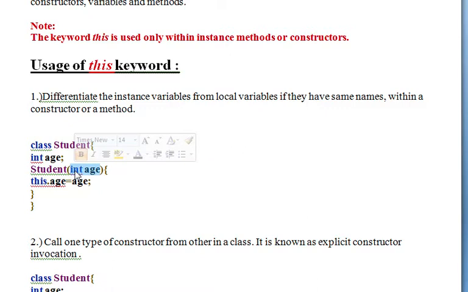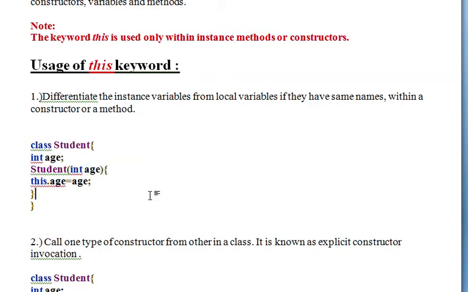Fine. And it is also known as the local variable because this age is the part of the constructor student. It is not the part of the class student. So age here is the local variable. Now we can see that int age is the instance variable, and here int age is the local variable for the constructor student. They both are same, no case differences are there. A, G, E all are in small letters. Here also A, G, E is in small letters.